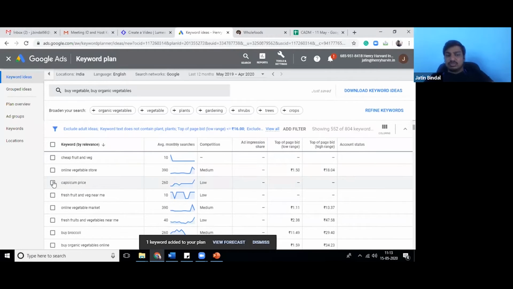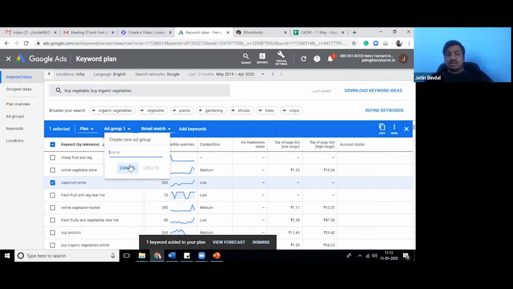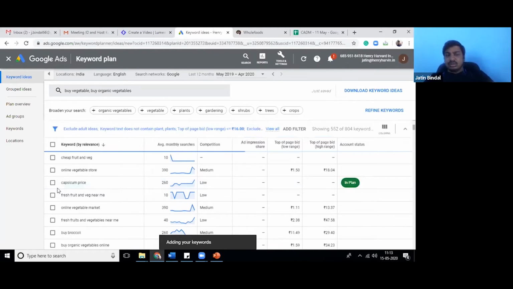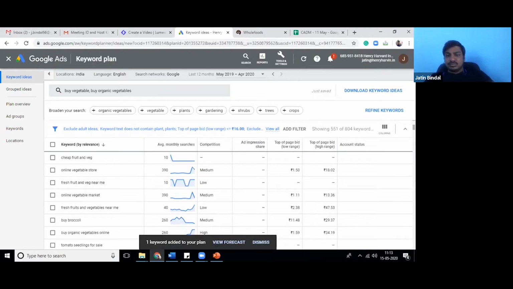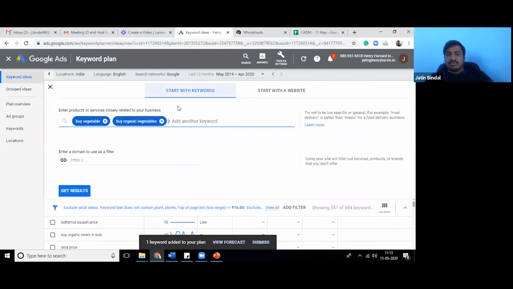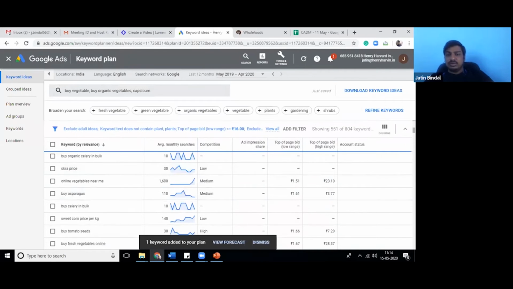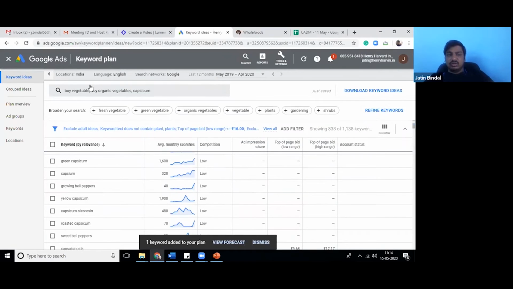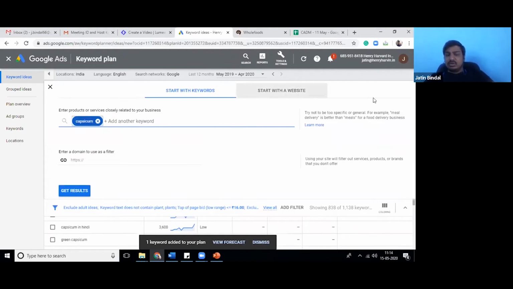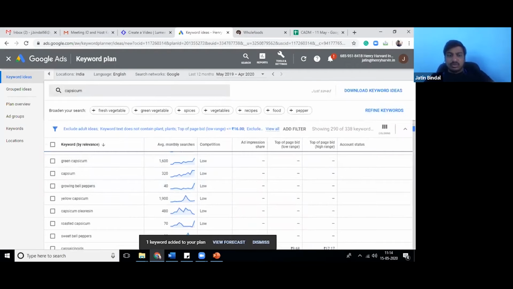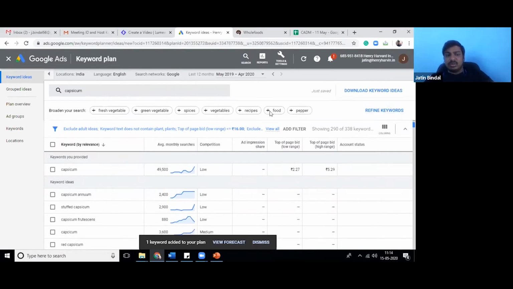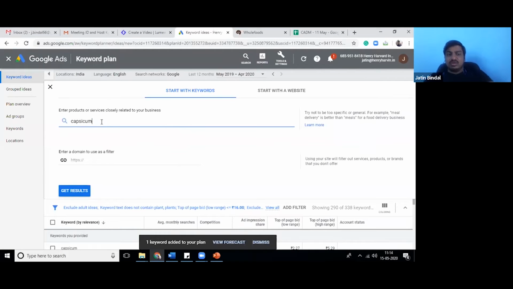Let's say you sell capsicum also. Okay, so you will select that, create another ad group, capsicum, and add it. Okay, this is also up. Then if you think capsicum is coming again and again, you type capsicum in the keywords and do a research, and you can remove the rest of the keywords as well after you select all the keywords related to those set of keywords. Okay, so you can see people searching capsicum or people searching capsicum price